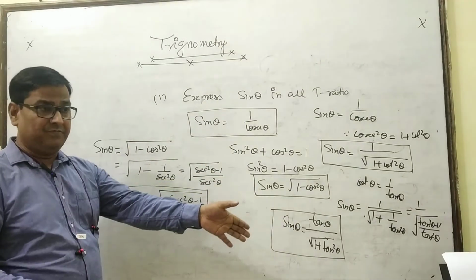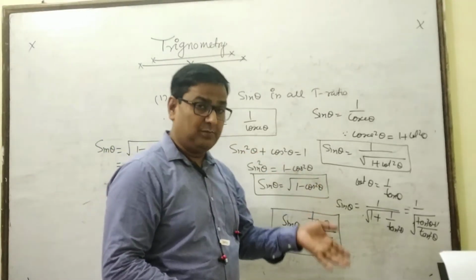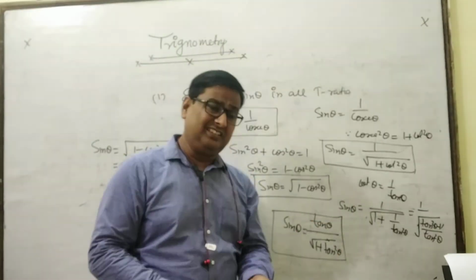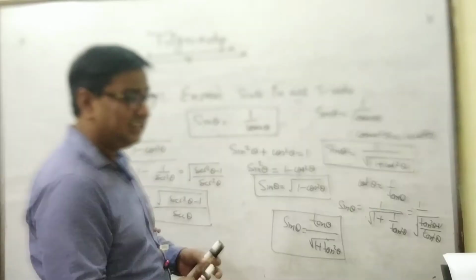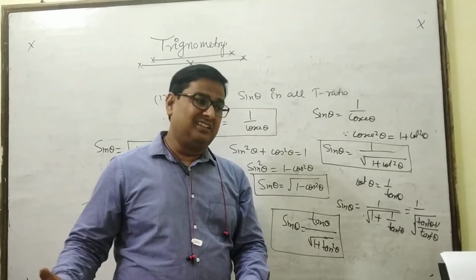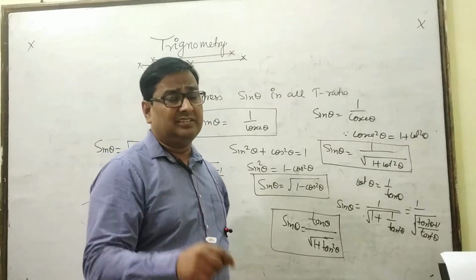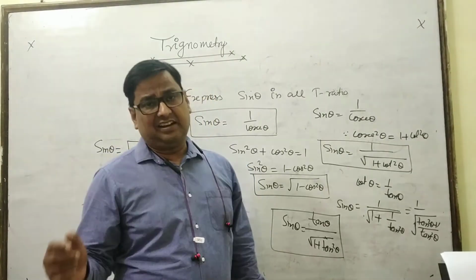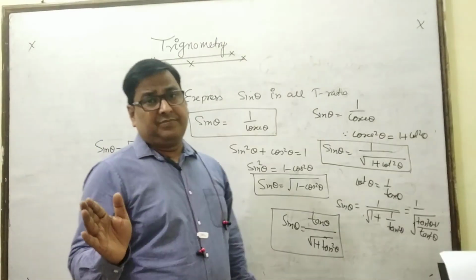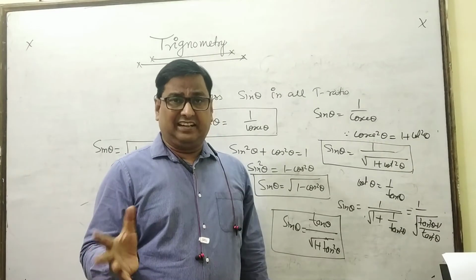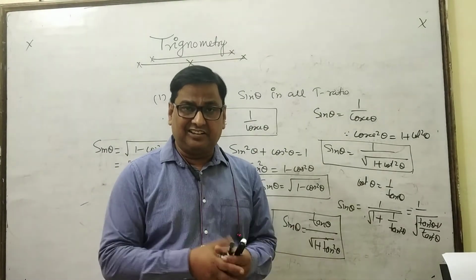Sin theta can be converted into the form of cos theta, tan theta, cot theta, sec theta, cosec theta. In the same way, cos theta you can convert in terms of sin, tan, cot, and also tan theta in terms of sin, cos, cot, sec, and cosec. So each and every trigonometrical ratio can be interchanged because they are interrelated to each other. So I hope